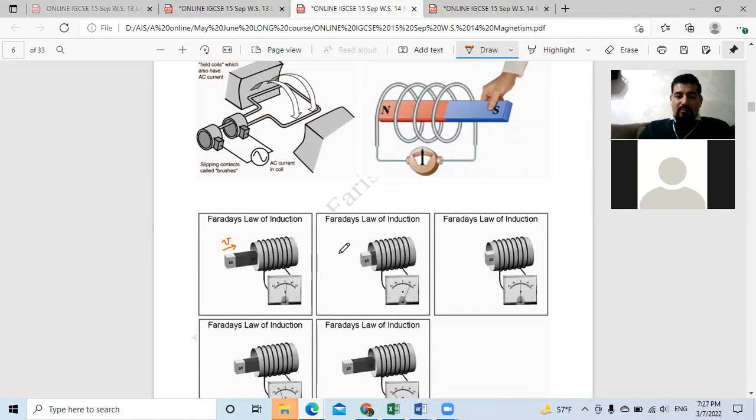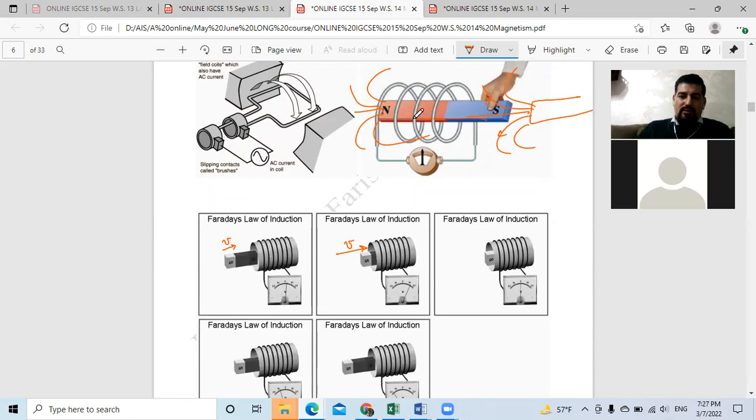But as I move the magnet faster, I'm cutting the magnetic field lines more. What do I mean by magnetic field lines? Look here, I'm talking about magnetic field lines that come out from the north, go where? To the south. When the magnet is far here, the number of magnetic field lines inside the solenoid may be